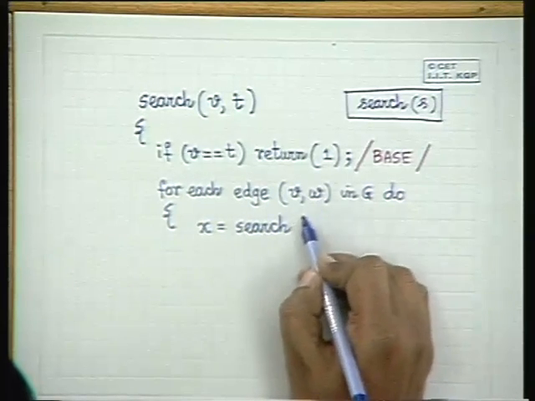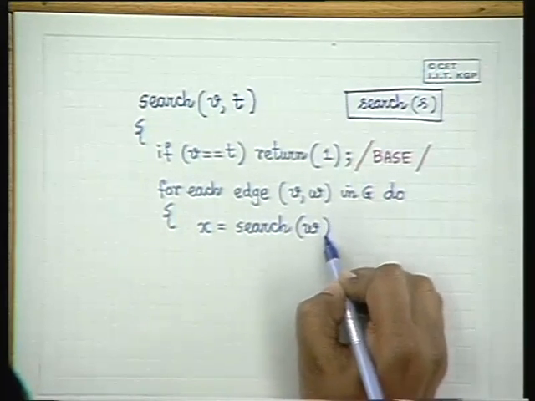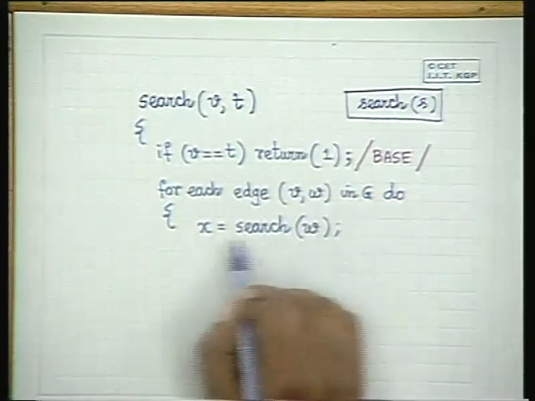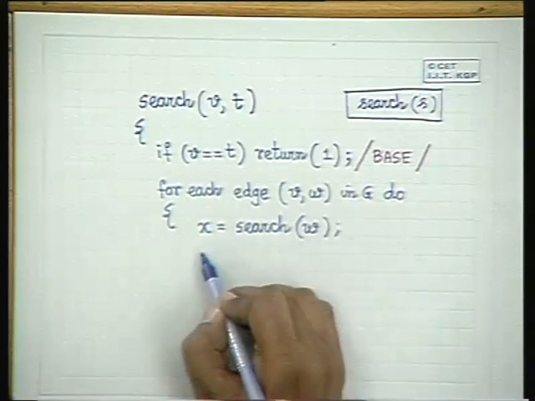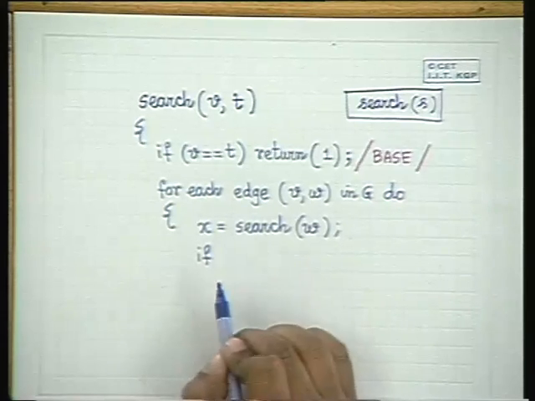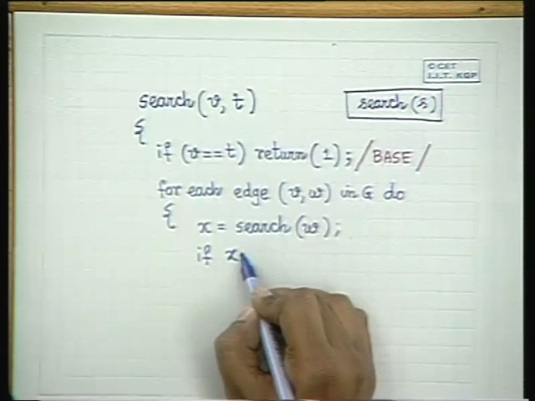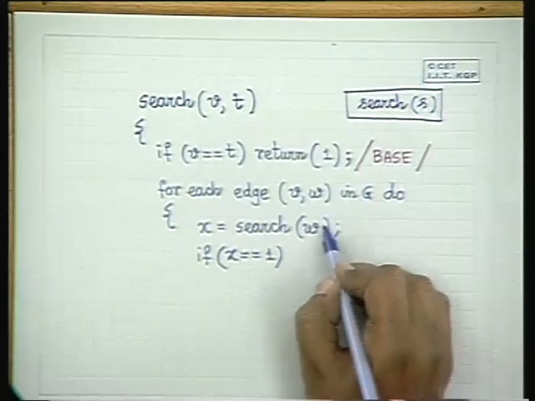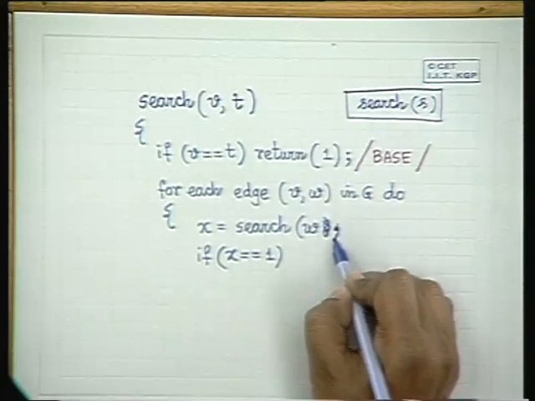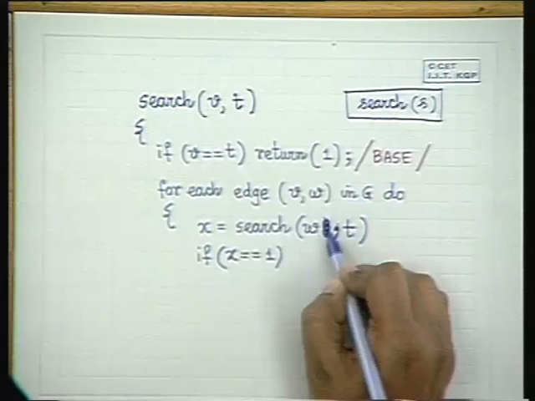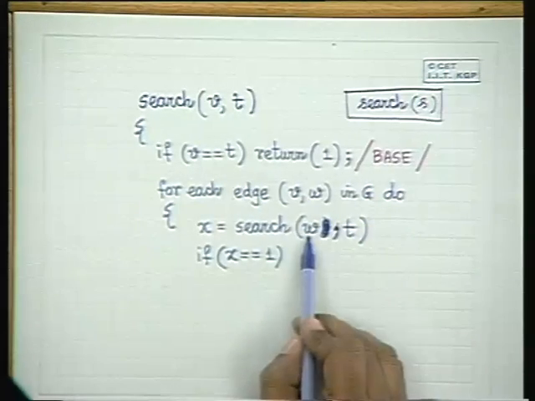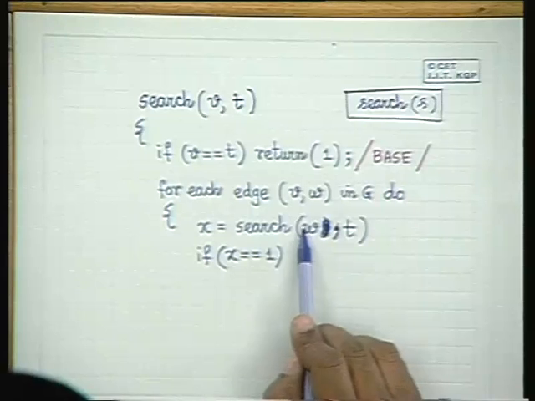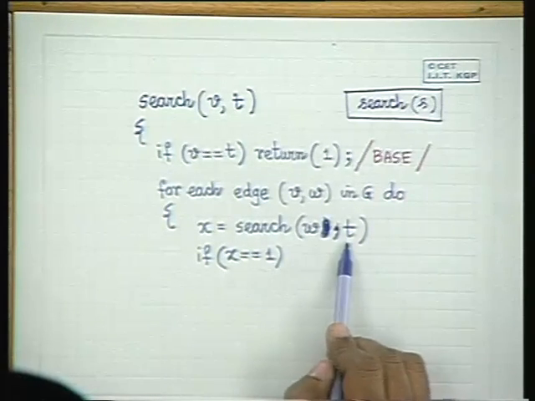So we try to search w and see what is the result. If x is equal to 1, that is, if there is a path, sorry, here also t should be there because t is an argument. So if v is not equal to t, then try to search from the edge w to t,